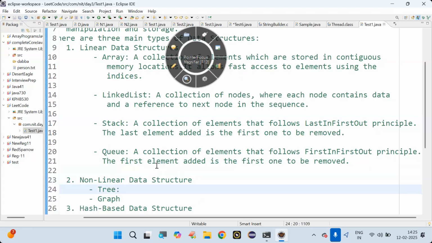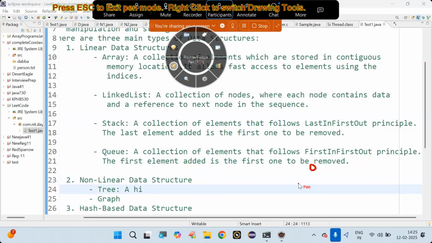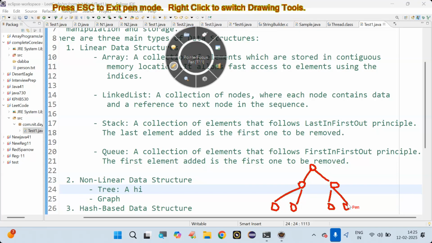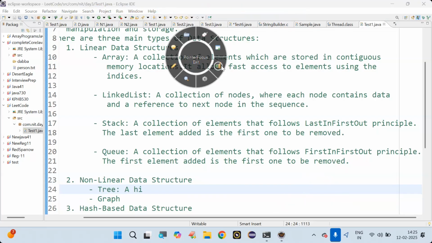Next, we are having a tree. What is the tree? Tree will be like, I can say, somewhat like this: elements, elements, elements. You would have seen this thing somewhere in your life. Okay. Yeah, correct. So now tree is a